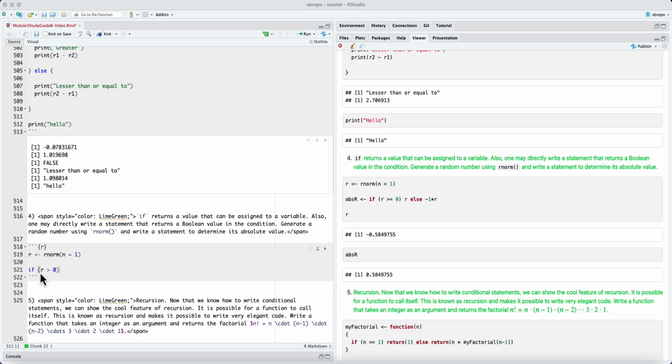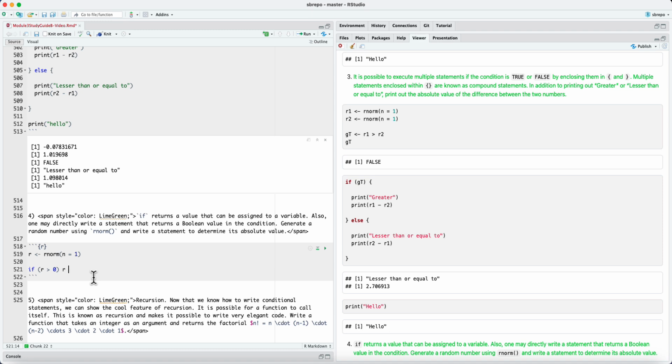So far, we have always put a Boolean variable in between the parentheses, but as I said before, you can also put any statement that returns a logical scalar. So this conditional statement, r greater than 0, returns a logical scalar, and we can use that instead of a Boolean variable. Then you should return r, else you should return